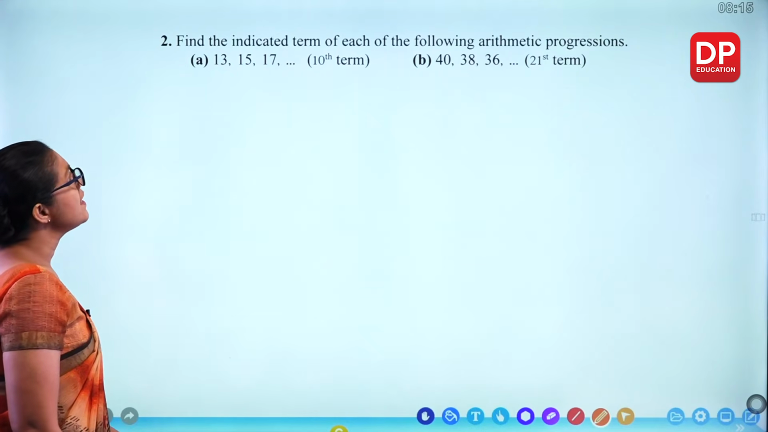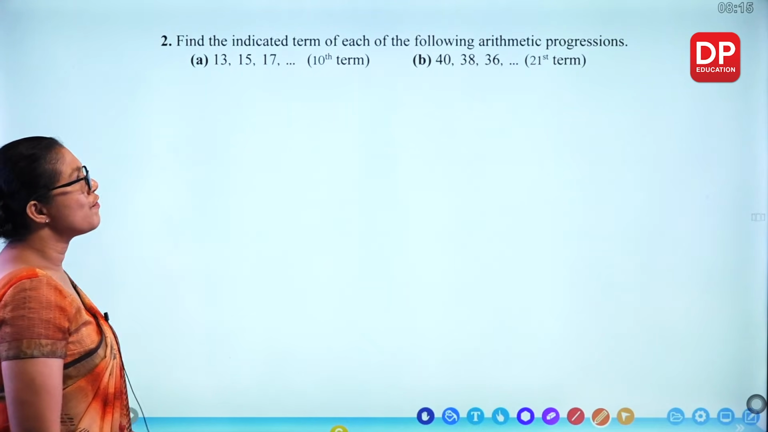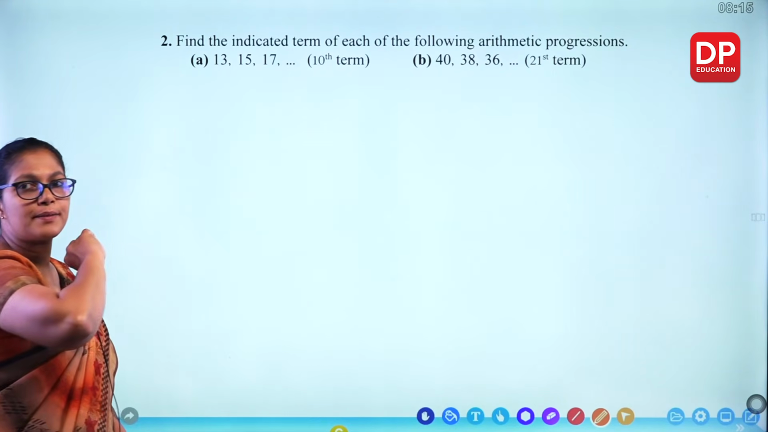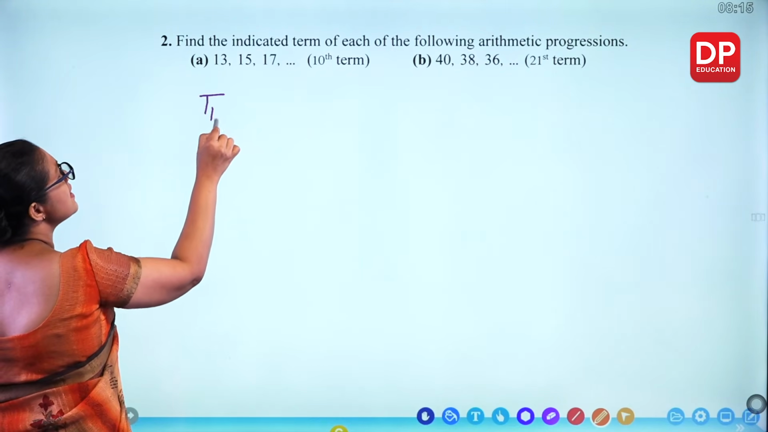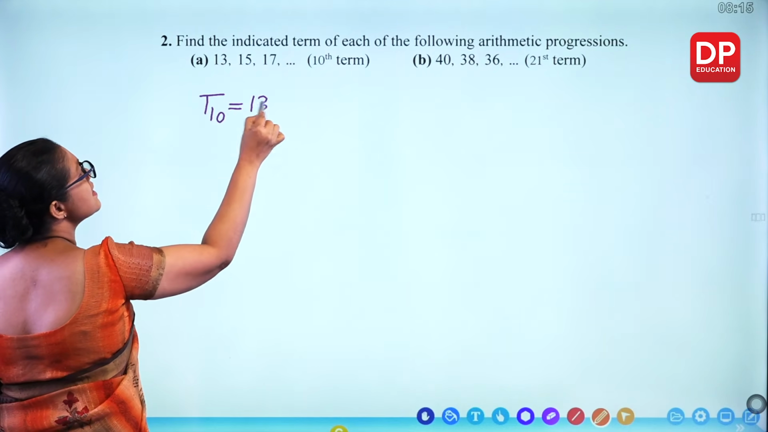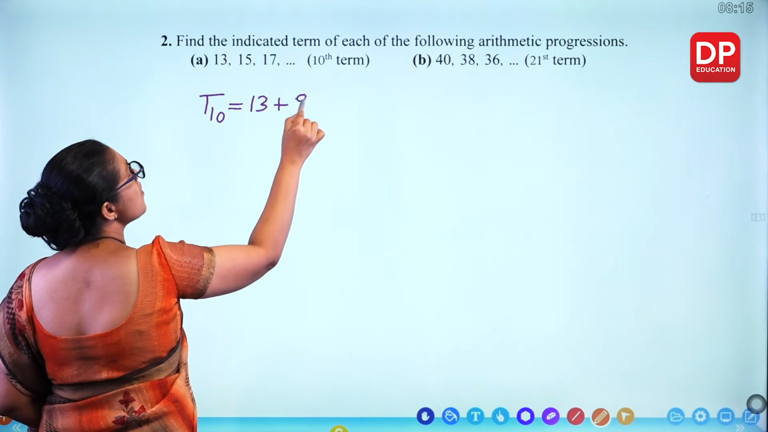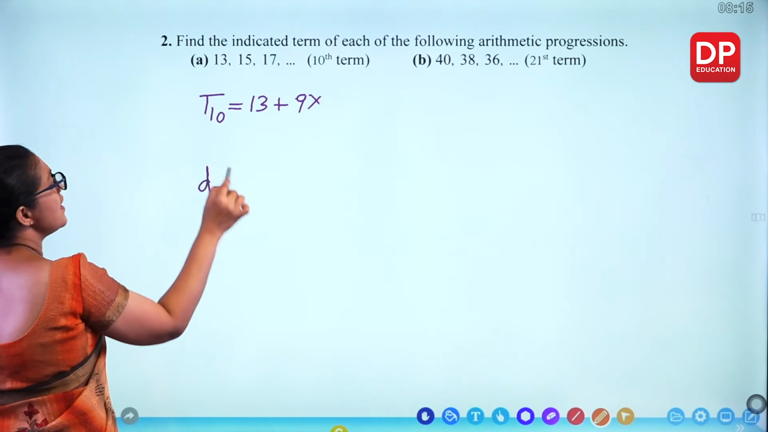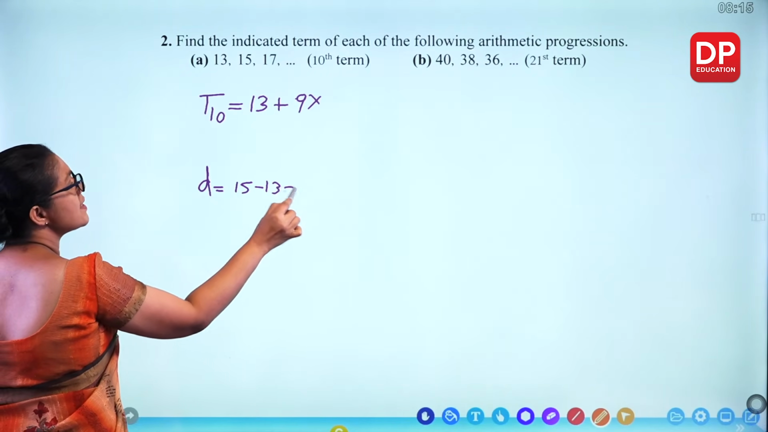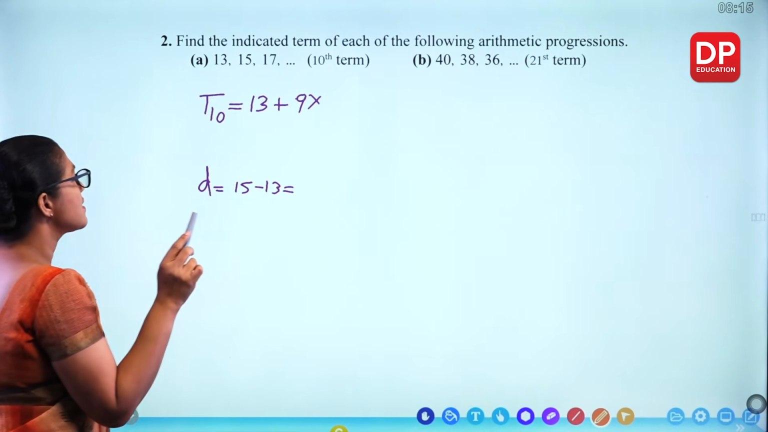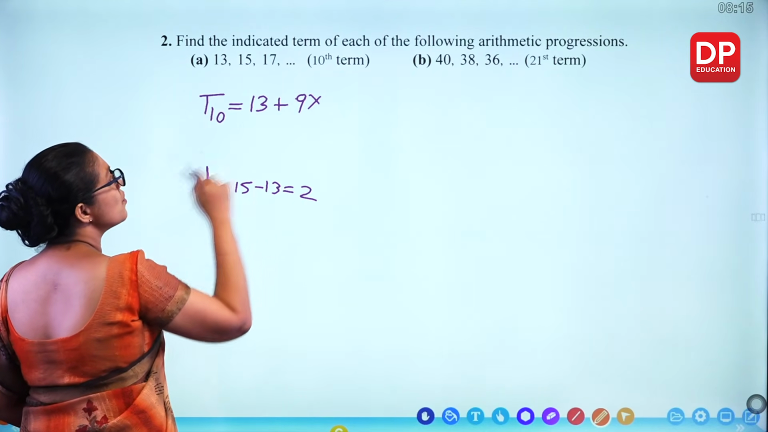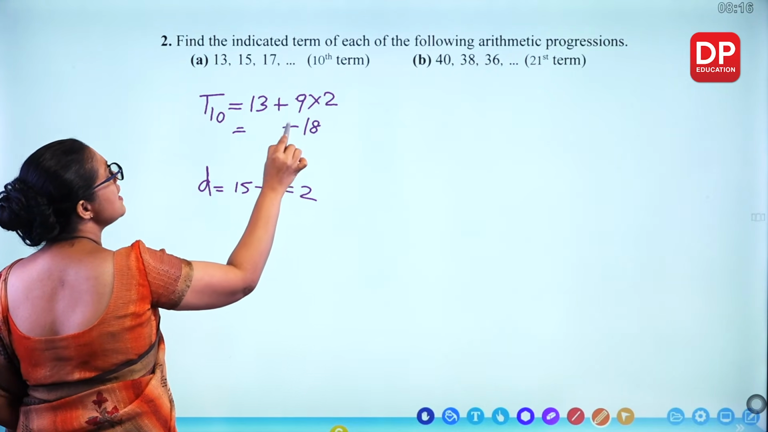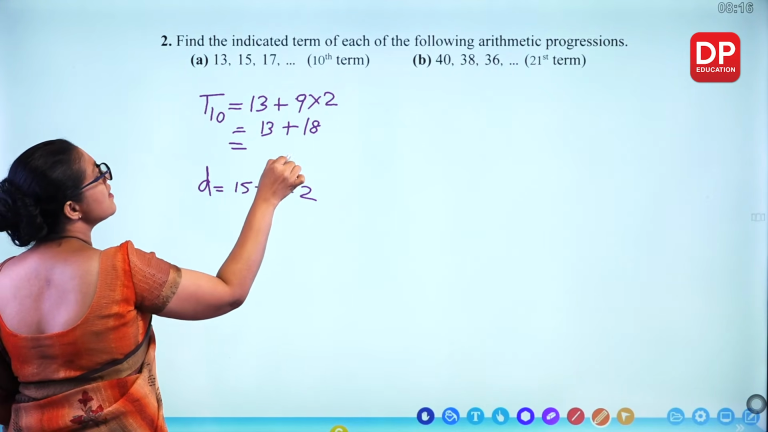Second question, find the indicated term of each of the following arithmetic progressions. You are asked to find the 10th term. What is the 10th term? T10. The first term is 13 and 10 minus 1 is 9. What's D? We find it here, 15 minus 13. Take the difference between two consecutive terms. That's 2. So plug it there and find the value. 9 times 2 is 18 plus 13. You get